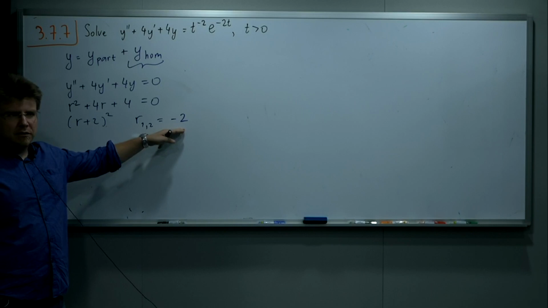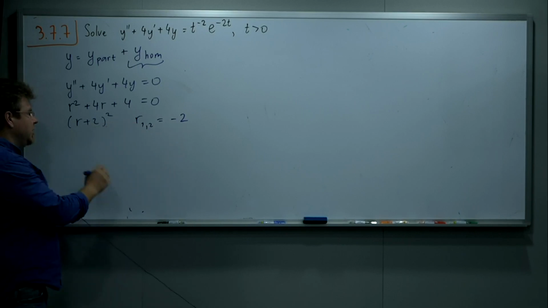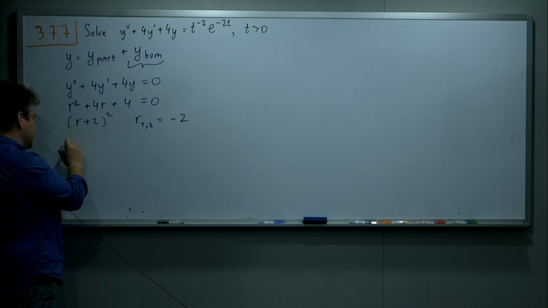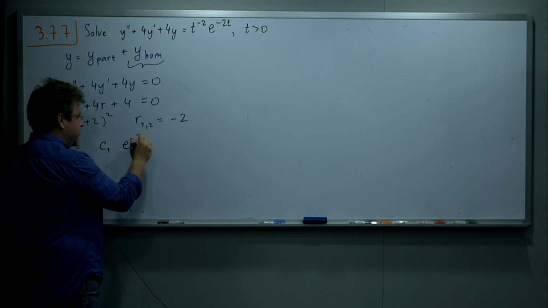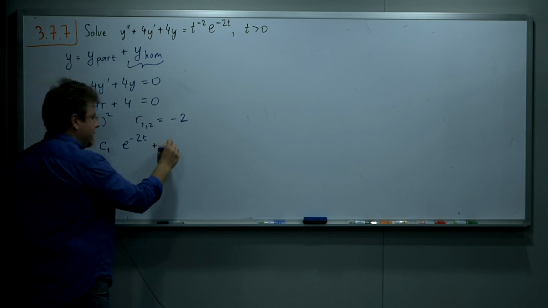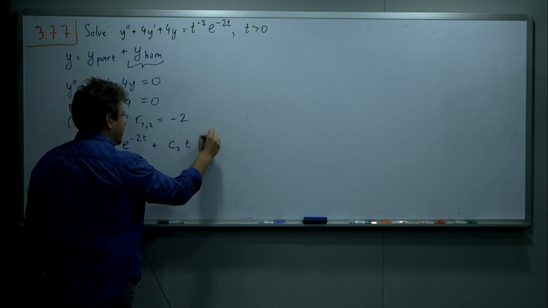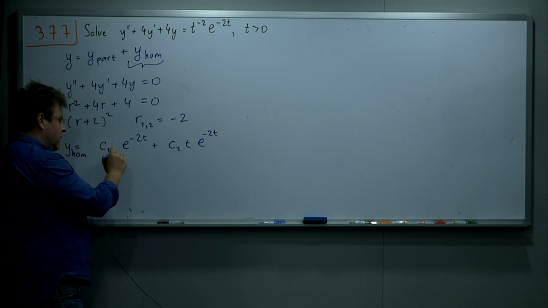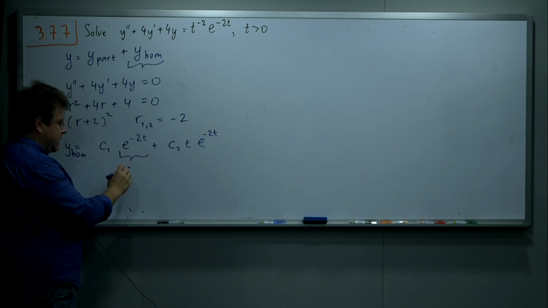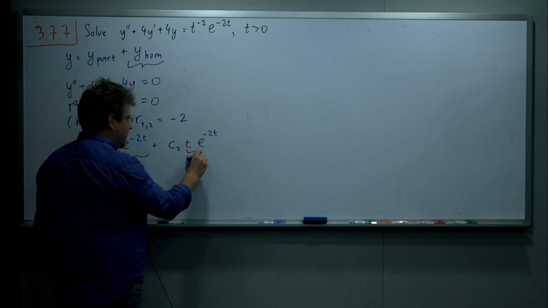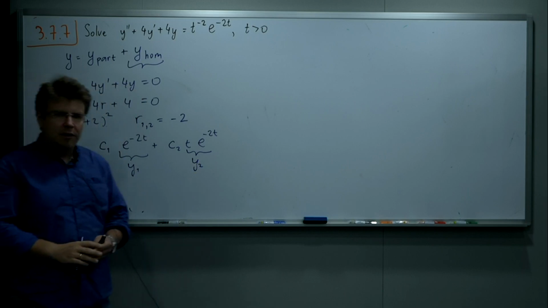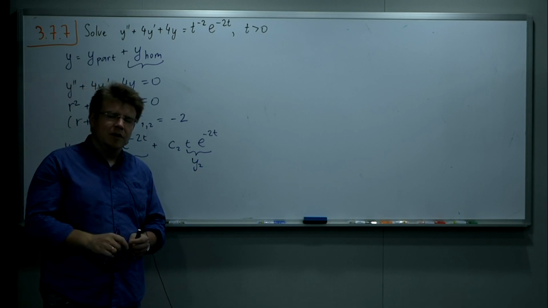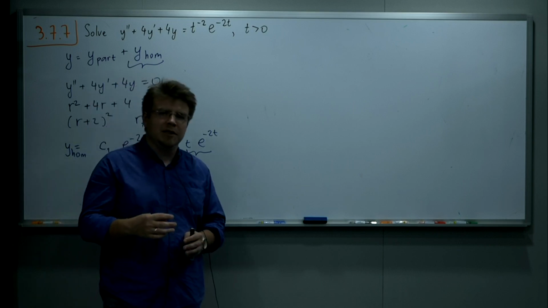And if we have a multiple root of the homogeneous equation, it means that the general solution is going to be y equals some constant c1 times e to the -2t plus some other constant times t e to the -2t. Alright, so let us denote this e to the -2t by y1 and t times e to the -2t by y2. So then, according to variation of parameters, so maybe I should clarify that in the lecture I explained variation